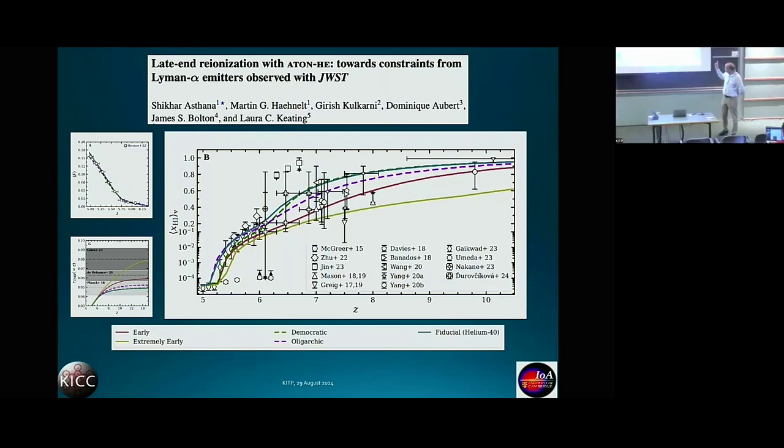I think I'm most optimistic about the damping wings. Lyman-alpha emitters, I think, will be very difficult, because when I just looked at the Tang et al. paper, you already struggled to get the equivalent width distribution unabsorbed. It's very different from what Dan had in his papers 10 years ago. So this will be done. I will be one of the people involved in trying to do this. I think this will be very hard. I'm more optimistic about the damping wings. Predicting the Lyman-alpha escape, I'm skeptical about.